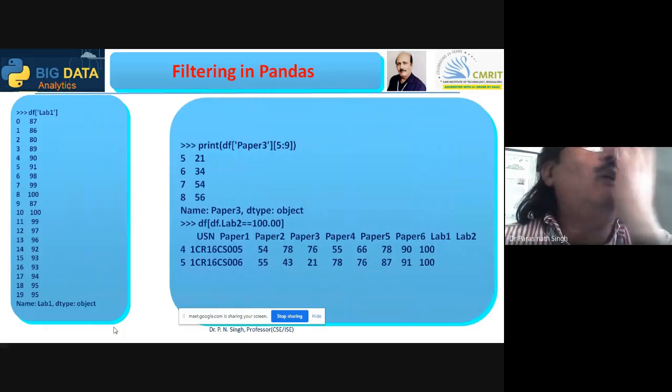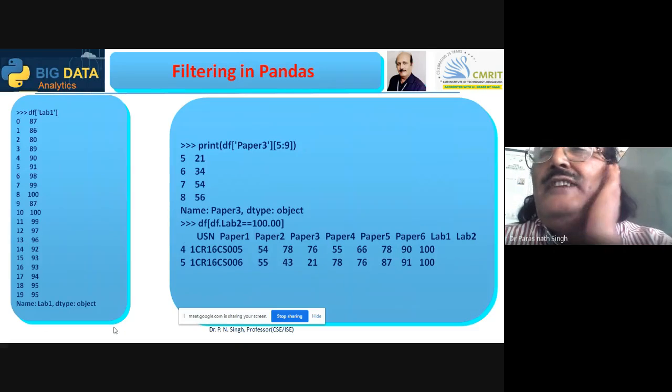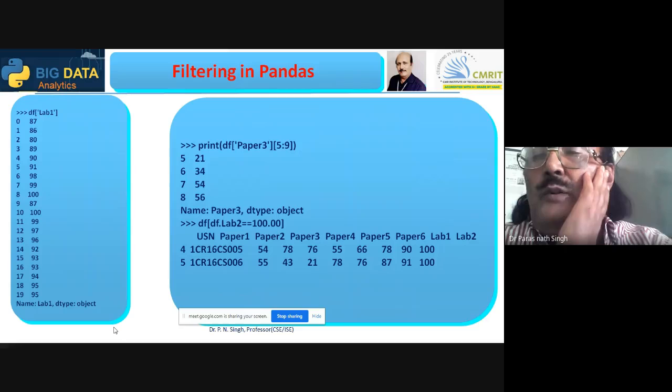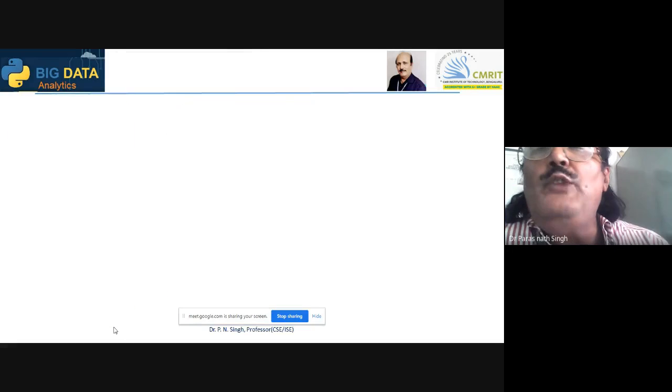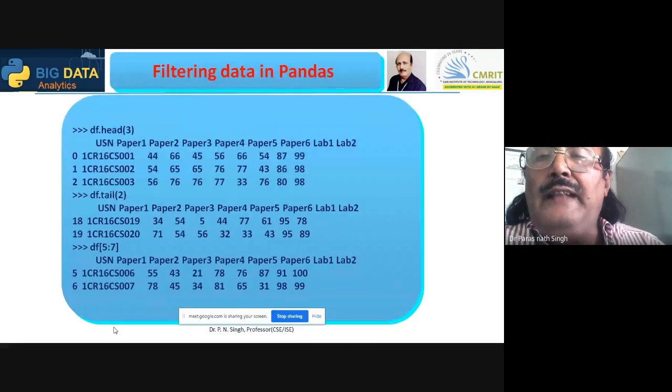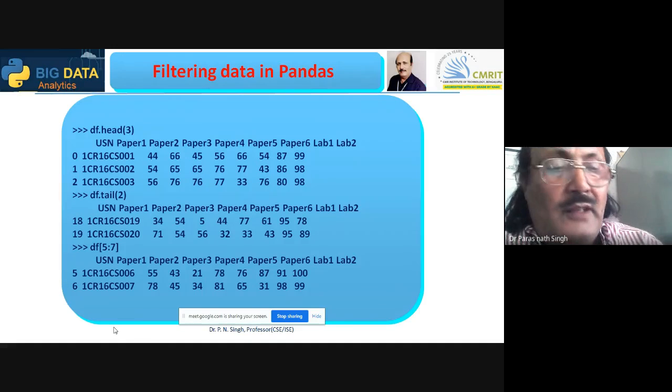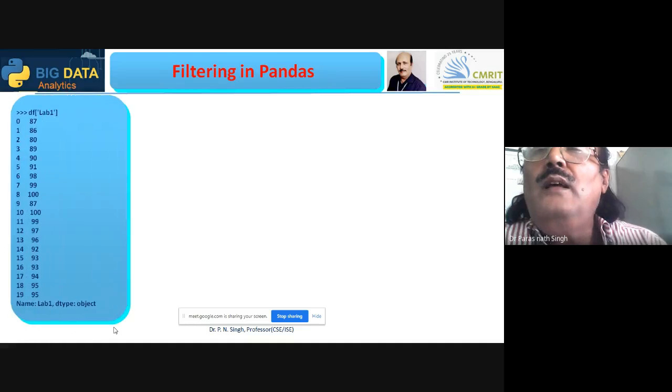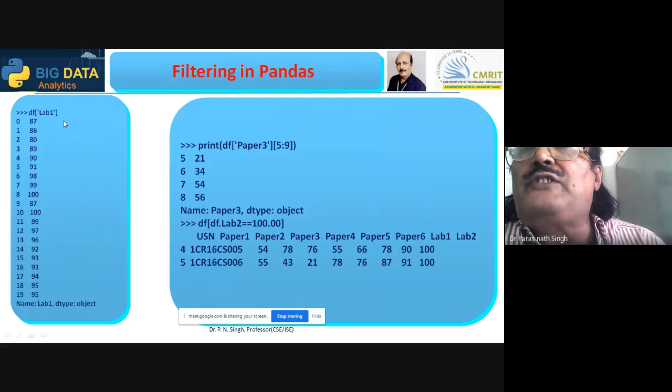Now here, the column wise filter. I am interested to see my students' lab marks. So what are the lab 1 marks of all the students? So naturally they are good marks, as we are giving here. Few of them have got 100 also in the lab marks. So in which way is it written? When you are slicing the data frame directly, we are giving, in a list-like structure in a square bracket, 5:7. By default, it was accessing the records. When you are giving the field name like a string, the field name in a string, it is recognized.